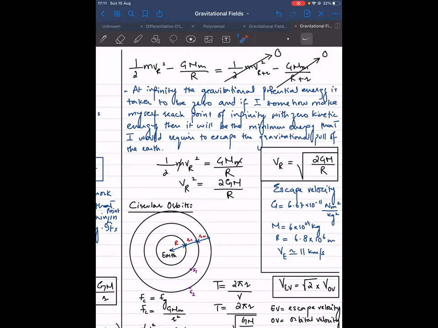मतलब I'm taking this second point which I had initially taken to be point B, मैं इसको point of infinity ले लेता हूँ. अब when we are talking about escape velocity, तो I have to take the final point to be my point of infinity. तभी मैं isolate होऊंगा force of attraction से, तभी मैं escape कर पाऊंगा ना. तो मैंने ये जो point B की mechanical energy है, I'm just replacing it with the mechanical energy at infinity. तो उसमें आपके पास जो ग्रेविटेशनल पोटेंशियल एनर्जी है वो तो वही जीरो इंफिनिटी पे. अच्छा, नाउ द थिंग इज कि